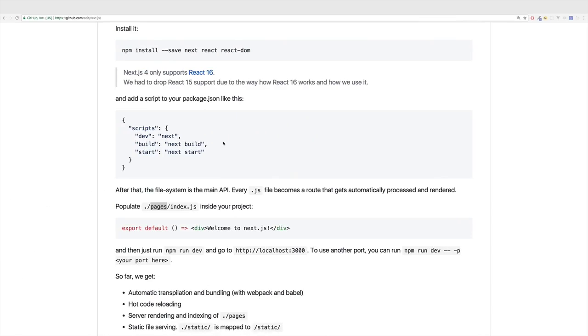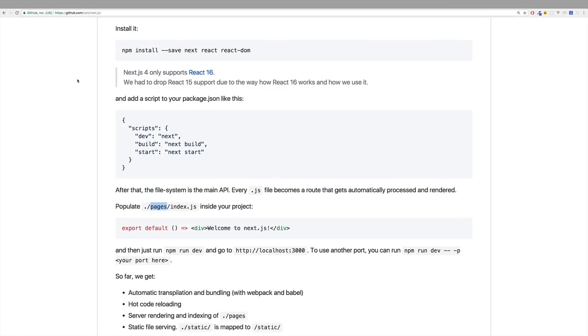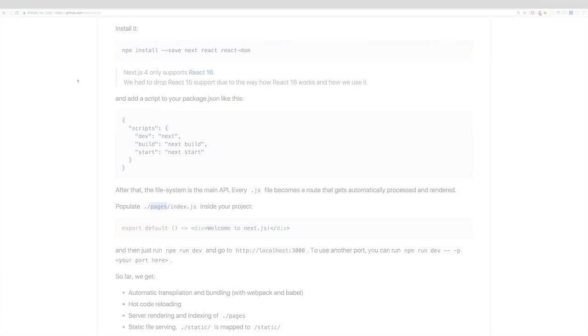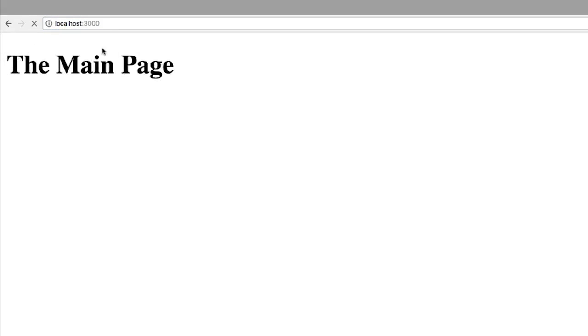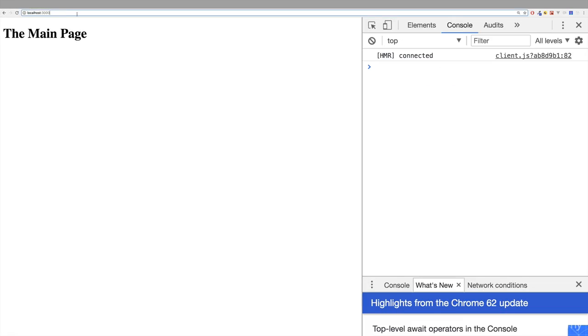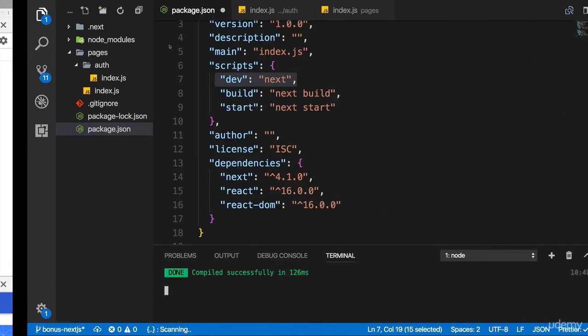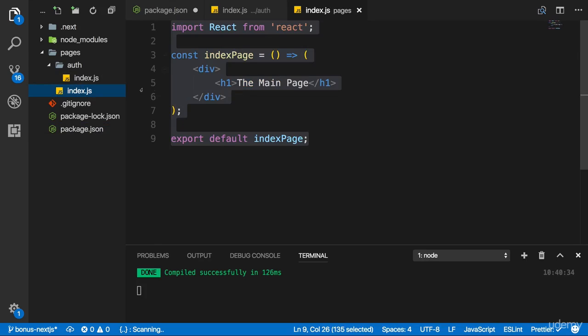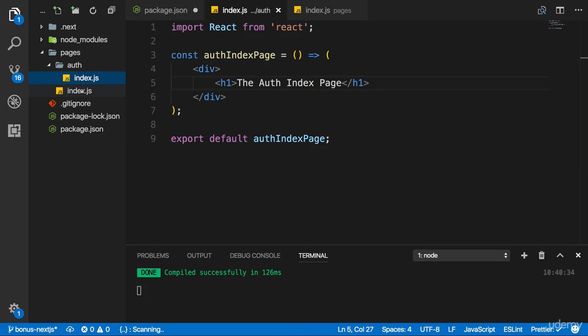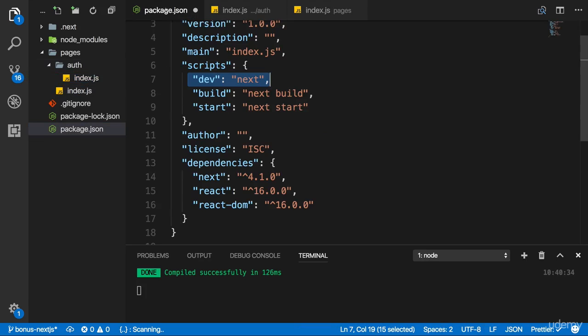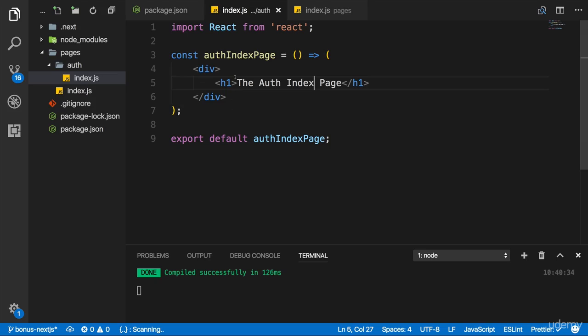If you now go back to the browser, you can actually load this in a new tab under localhost 3000. There you should see your page. And if you now go to /auth, you see the auth index page. So without us setting up any routing, we can load these two different components as pages. And as I said, these components don't have to be functional components. They could be class-based components too.